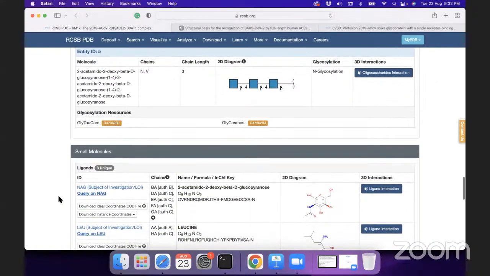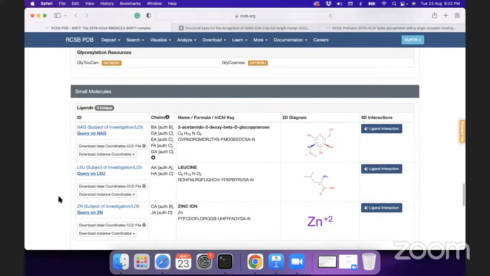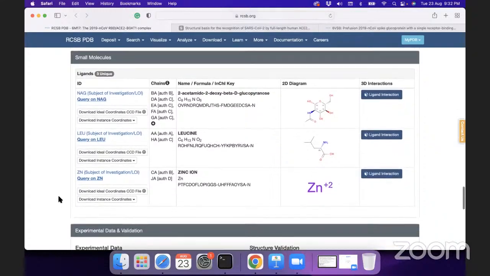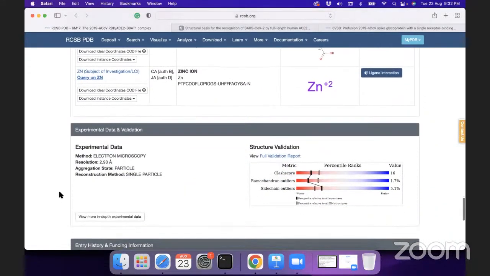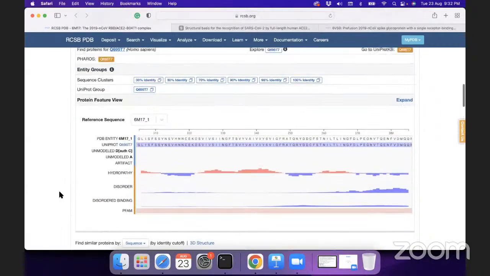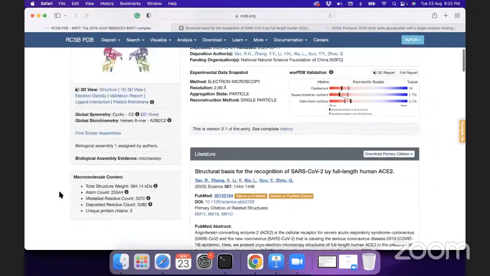There are so many co-crystallized structures. Some of them are part of the experimental structure. Some of them are artificial artifacts from the solution. So you have to understand which are the important parts and which are not. And this sort of information is available right here. That's the way to read through this information, that once you go to this page, read about this information,